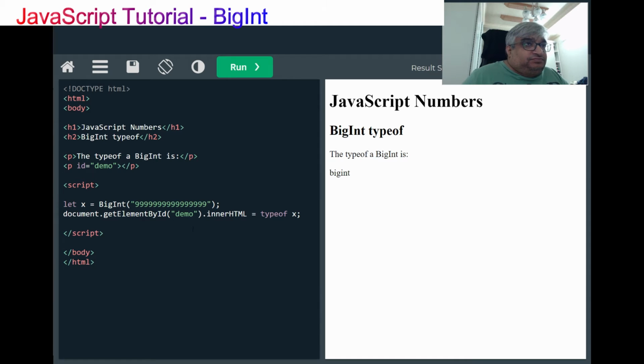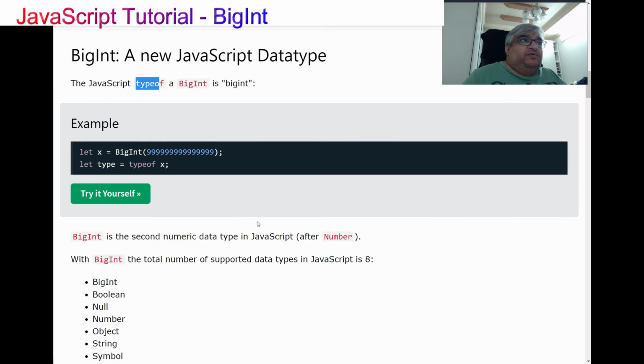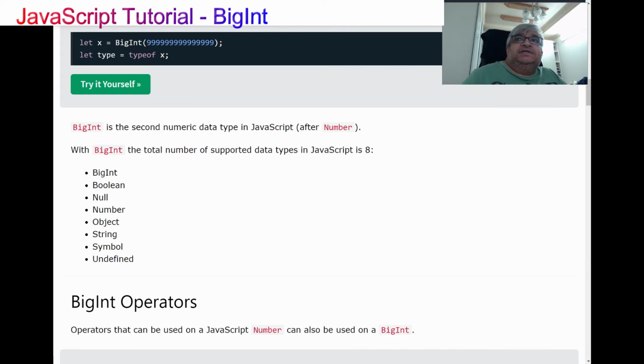So when I use this method, typeof x means I want to know the data type of this variable x. So it gives me BigInt. Oh yes, that's interesting, right? Okay, so what is happening here? What is happening here is that